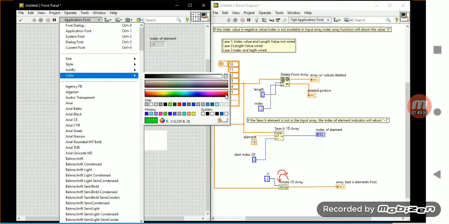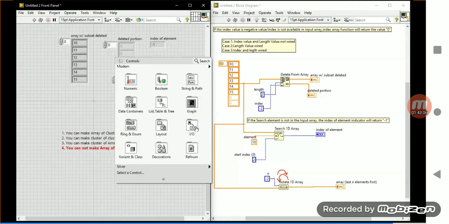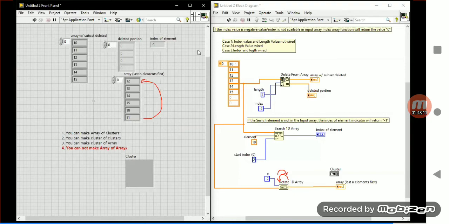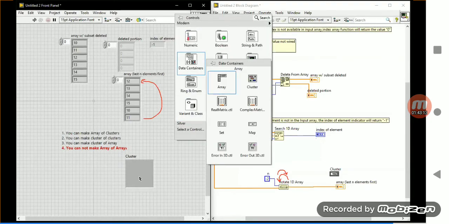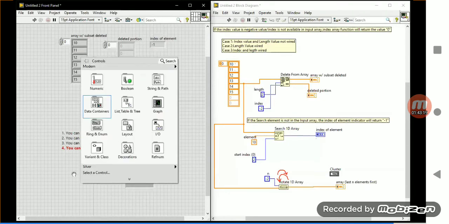You can't make an array of array. Very, very important. The remaining three statements are possible. If a cluster is available and you place an array in it, yes, it will accept that. This cluster of array is possible. Same way, array of cluster means an array will be available.